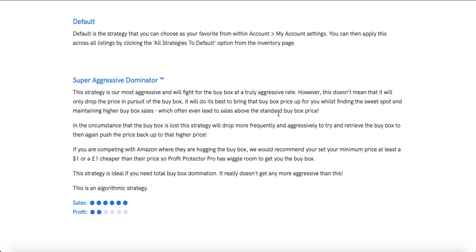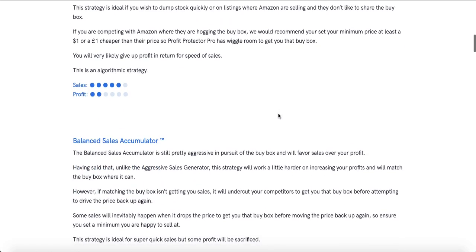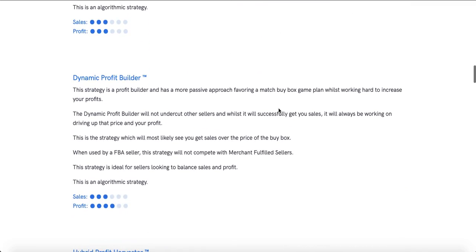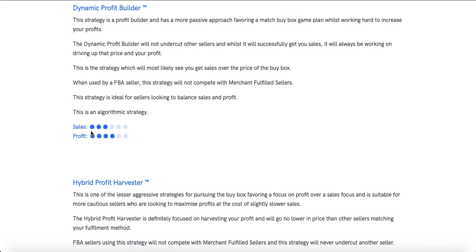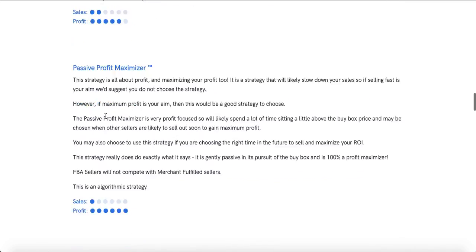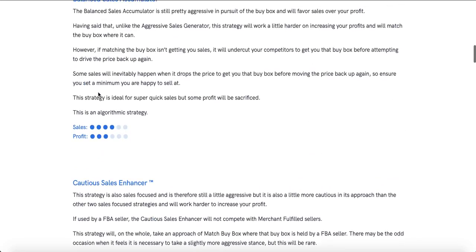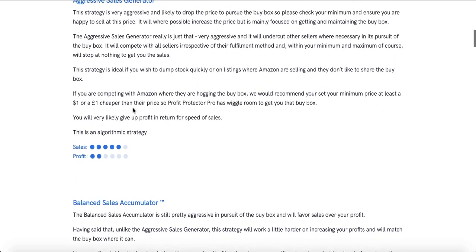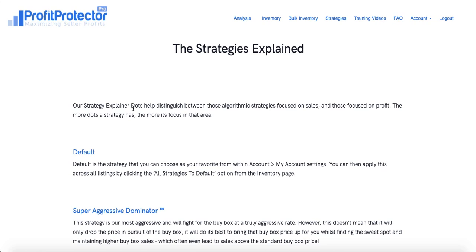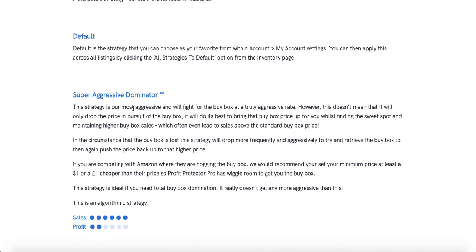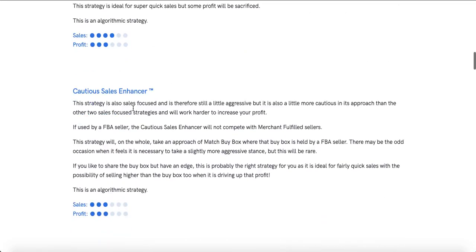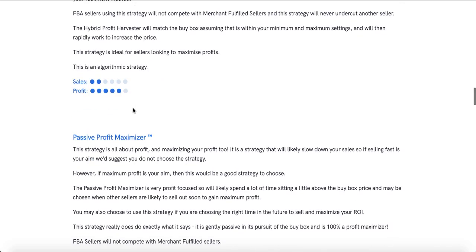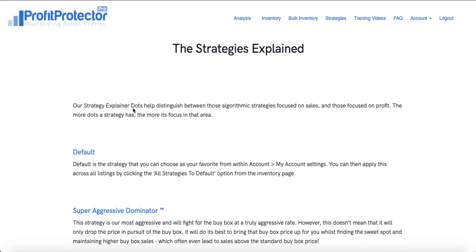But just to run through what these do, you can choose the more aggressive strategies, or the balanced ones, and the titles pretty much explain it for themselves. I love the way you've got these little spots here which tell you whether it's more sales based or profit based, which is cool. Obviously, it's good to have a balance of both. A lot of people use the Cautious Sales Enhancer, but I can tell you from first-hand experience, all of them, apart from, well, I haven't tested the match minimum or anything like that, but all of the algorithmic strategies,